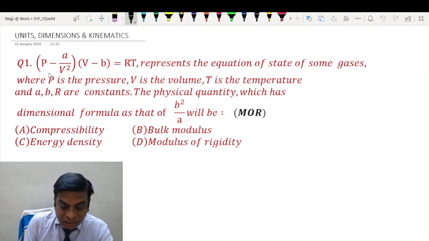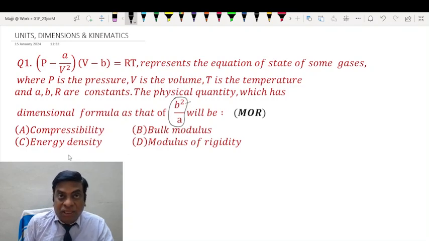You can see students, this is the van der Waals equation. It represents the equation of state of some gases where P is pressure, V is volume, etc. A, B, R are constants. The physical quantity which has the same dimension formula as that of... So we have to find out the dimension formula for this, and then check amongst the